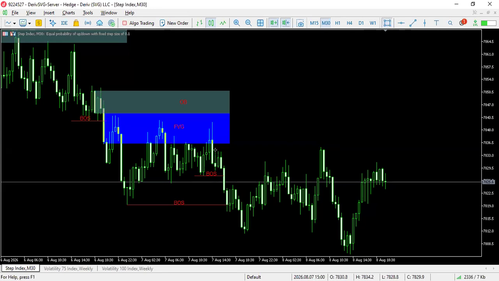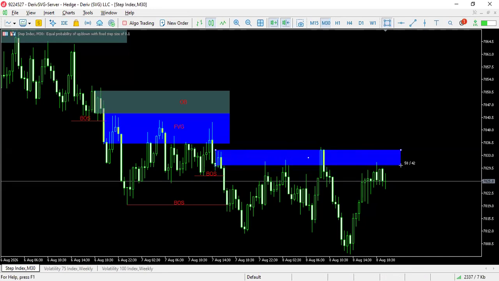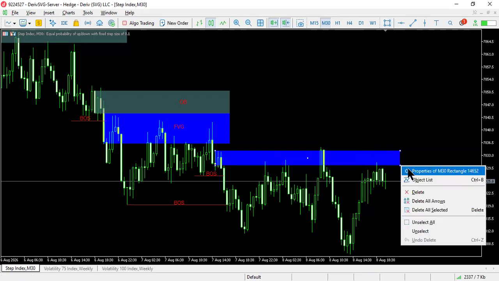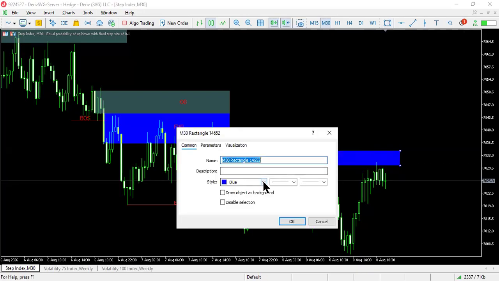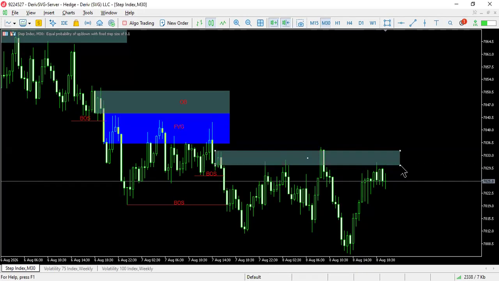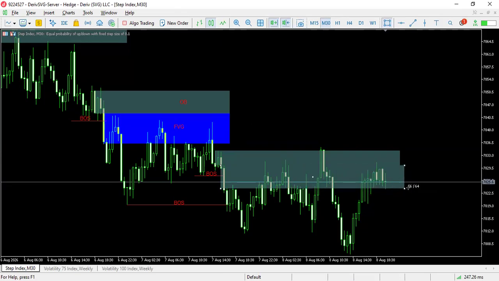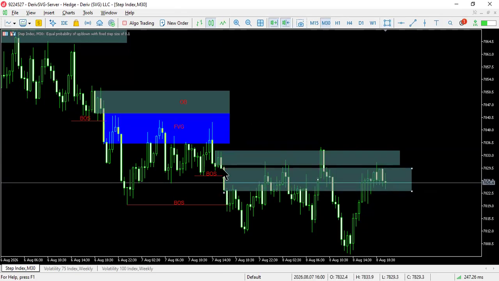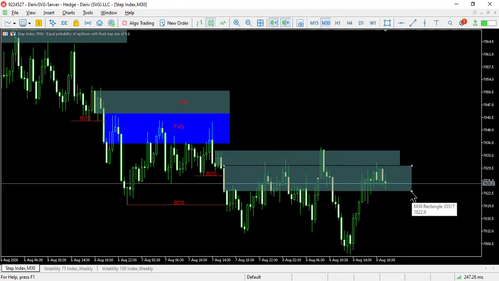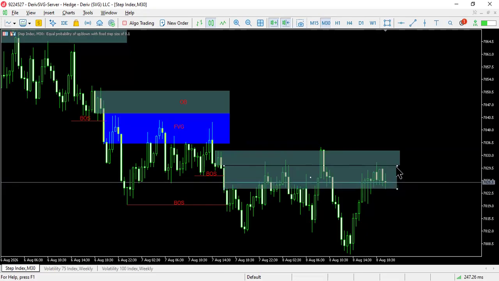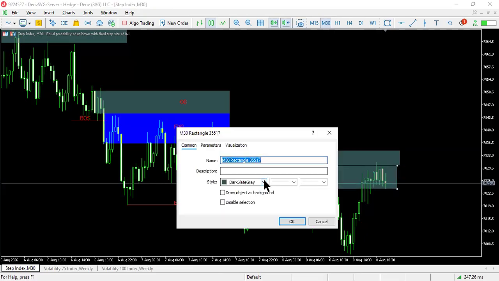And then we have that order block where price is currently reacting. And then we have that FVG where price has stepped in both the FVG,